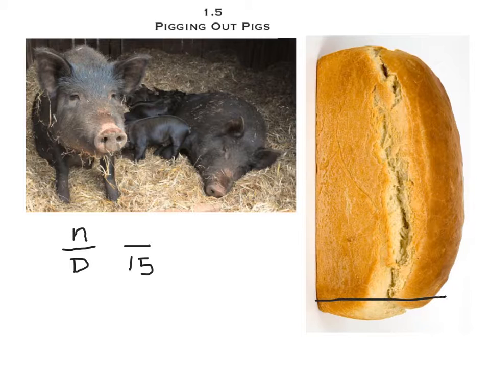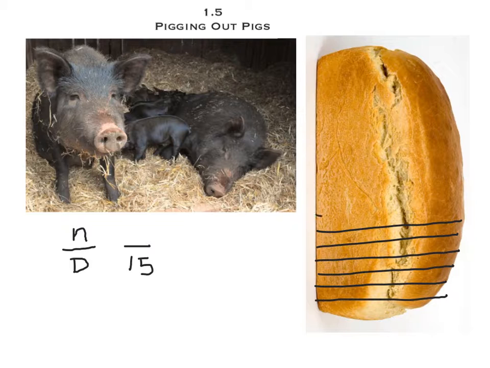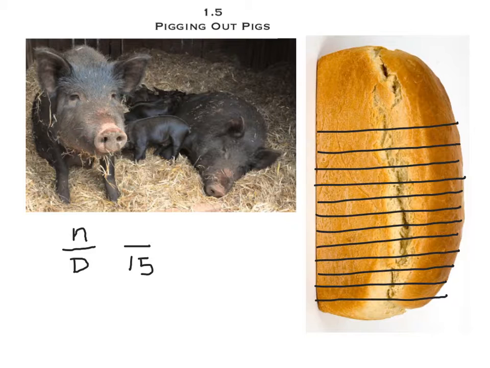I'm going to go 1, 2, 3, 4, 5, 6, 7, 8, 9, 10, 11, 12, 13, and 14. Wow, this last piece is a really big piece. Whoever gets that one's lucky. But at any rate, I should have 15 parts. So I got 1, 2, 3, 4, 5, 6, 7, 8, 9, 10, 11, 12, 13, 14, and 15 parts. This one, once again, is a little bit big. That's not fair. But at any rate,